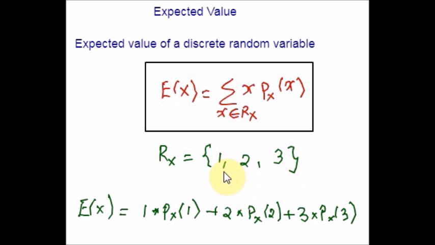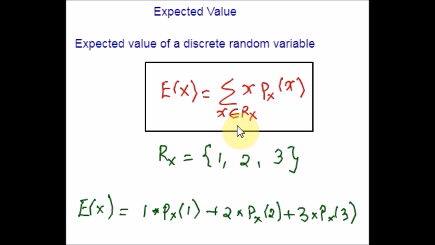Also, when the support Rx contains infinitely many elements. Okay. So when you're summing infinitely many terms, the order in which you sum them can change the result of the sum. However, if the terms are absolutely summable, then the order in which you sum becomes irrelevant. So in this definition of the expected value, the order of the sum is not specified. Therefore, the requirement of absolute summability is introduced in order to ensure that the expected value is well defined.